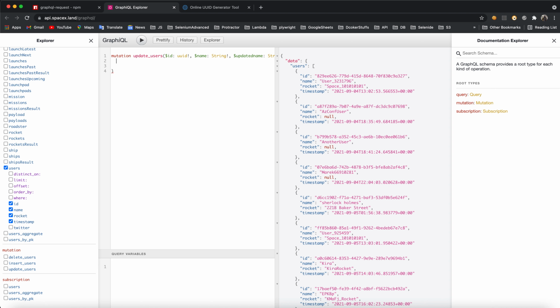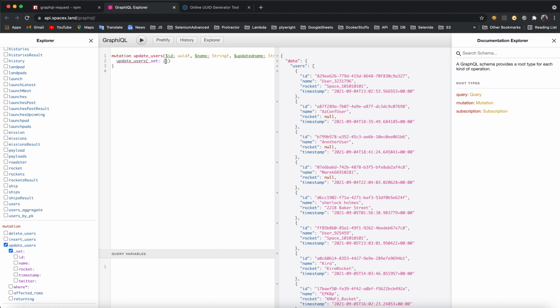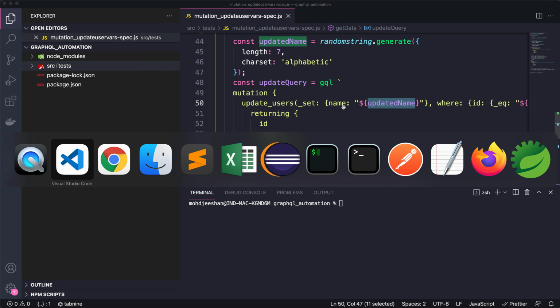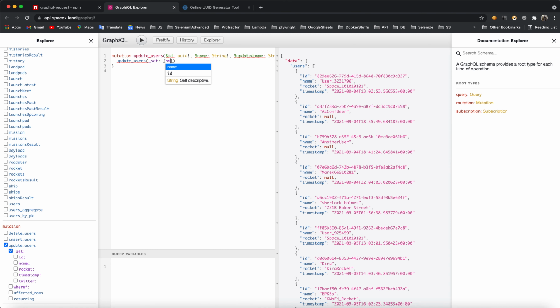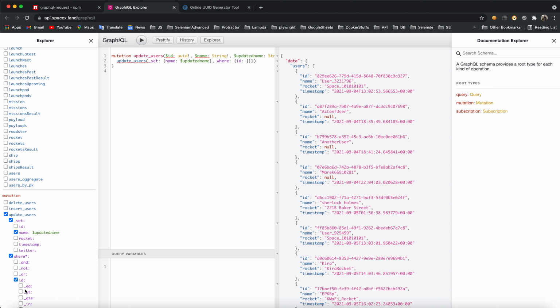Now I will say update users set. What are we setting? We are setting the name to updated name. So I will say name, my updated name. Now we'll be using the where clause,